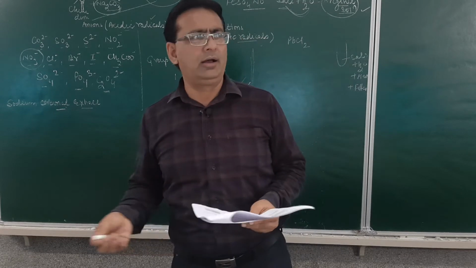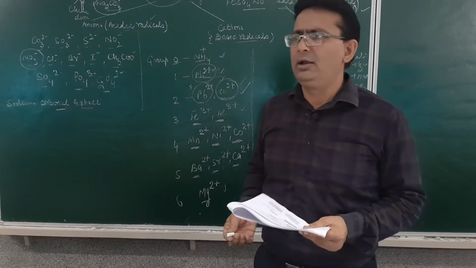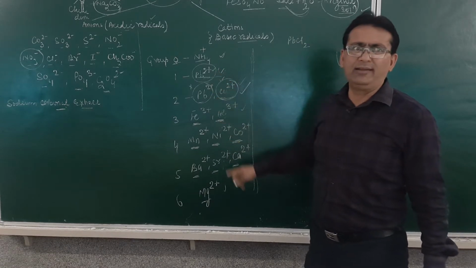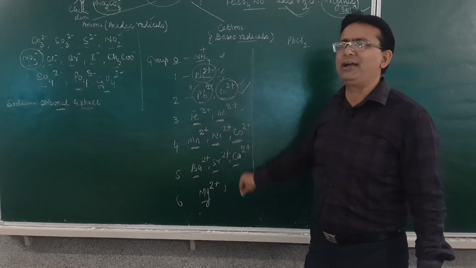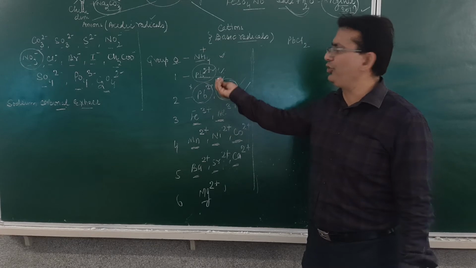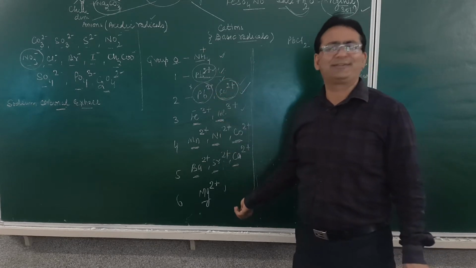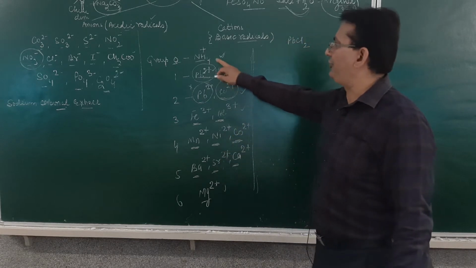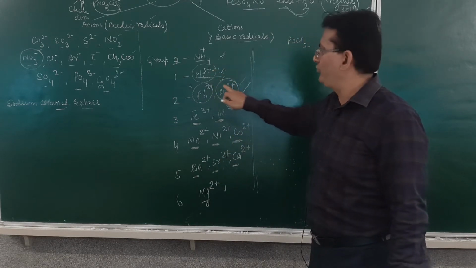Earlier, a year or 2 years back, we had 2 cations and 2 anions. Suppose the first is a lead ion, the 2nd is the magnesium ion. So you had to go for the entire process. Now, here, suppose you obtain the lead ion. So why go further? The practical is done. Now, if the 0 group is absent and the 1st group is absent, then you have to carry